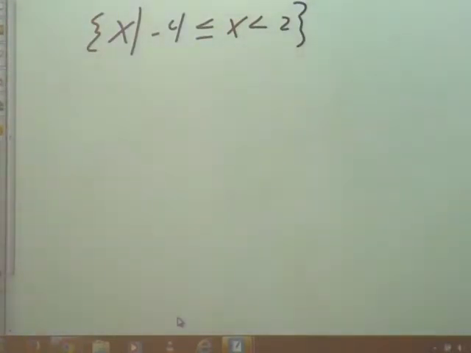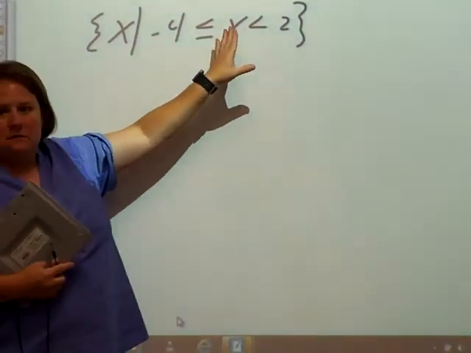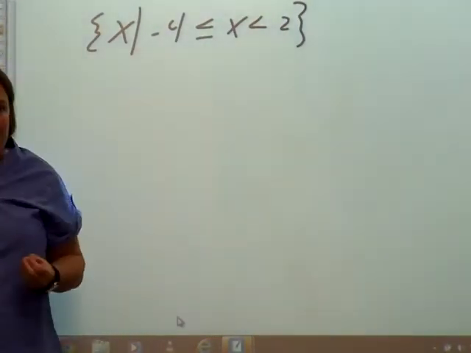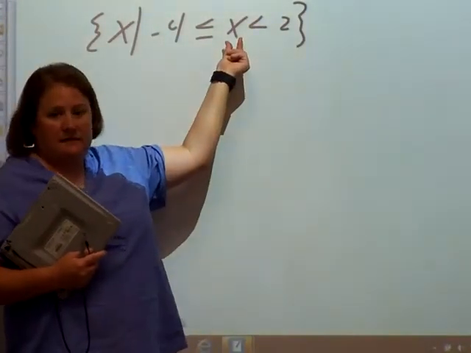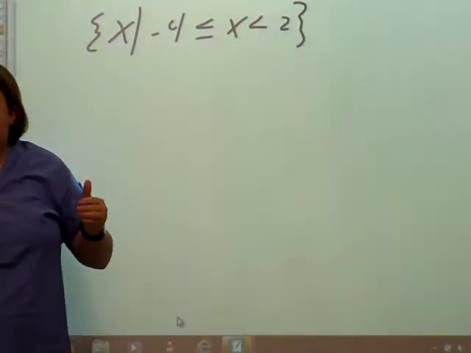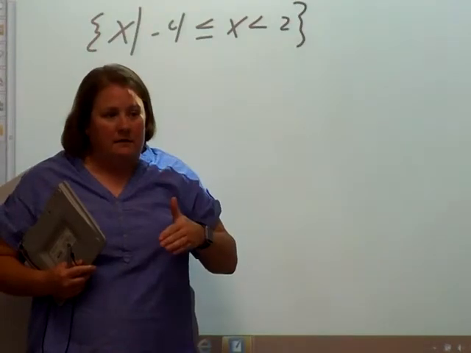Before I graph it, where does the x lie in that mumbo jumbo that's written in relationship to the -4 and the 2? How would you describe the x? It's in between them. It's in the middle of them. So I need to have that in my brain already. Right now, this x is in between them. So when I start graphing this, I probably think my shading might also be